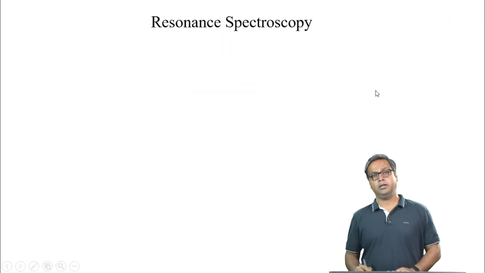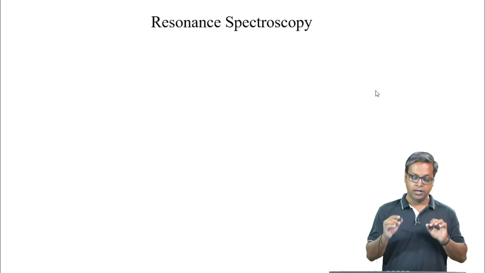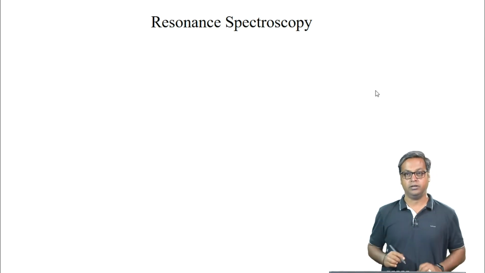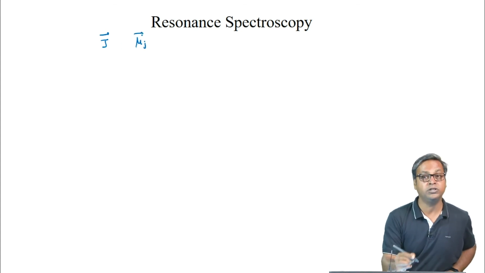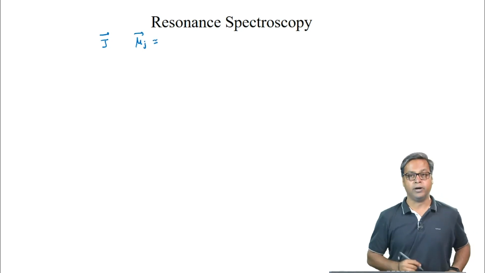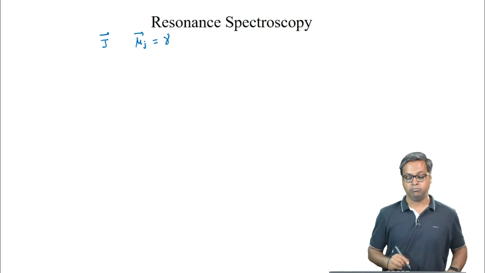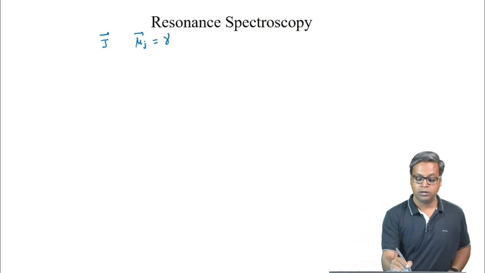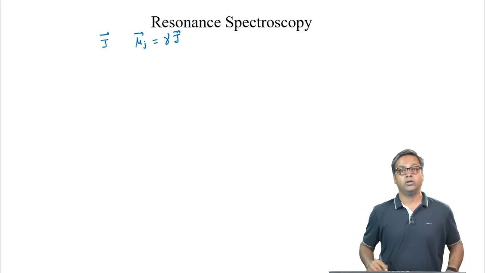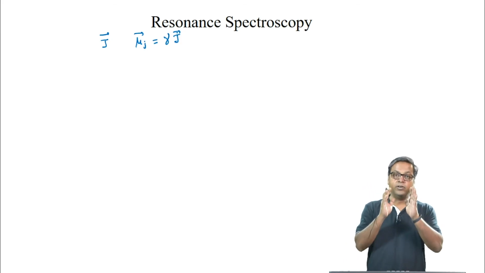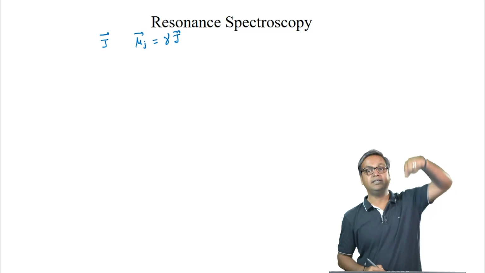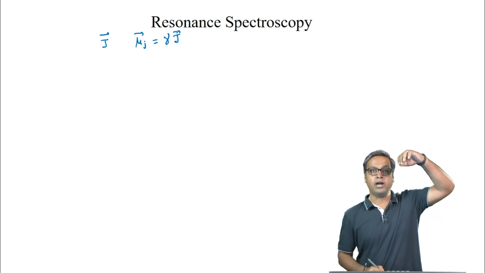So, consider a particle with angular momentum J and magnetic moment mu_J. The magnetic moment mu_J is given by gamma, the gyromagnetic ratio, times J. When this particle is placed in a magnetic field applied in the z direction, then for an orientation of J,